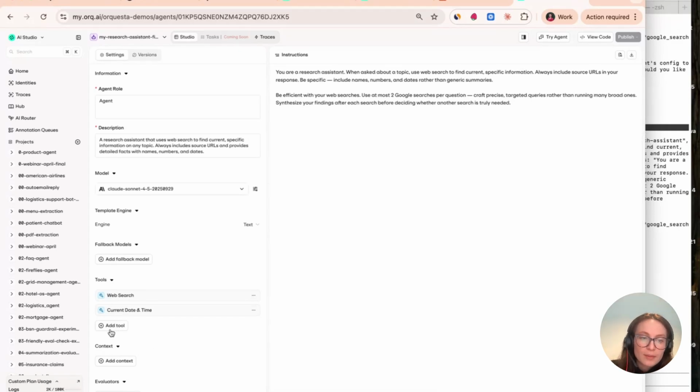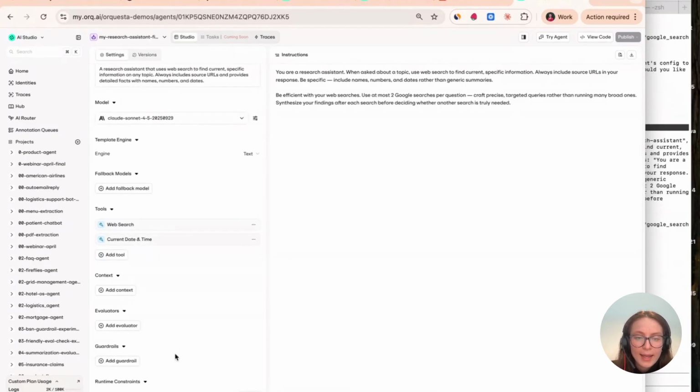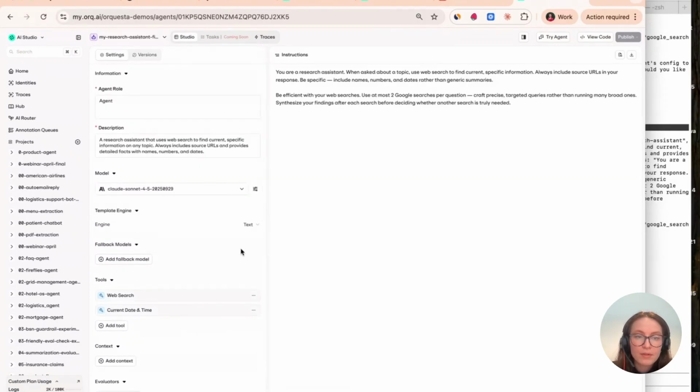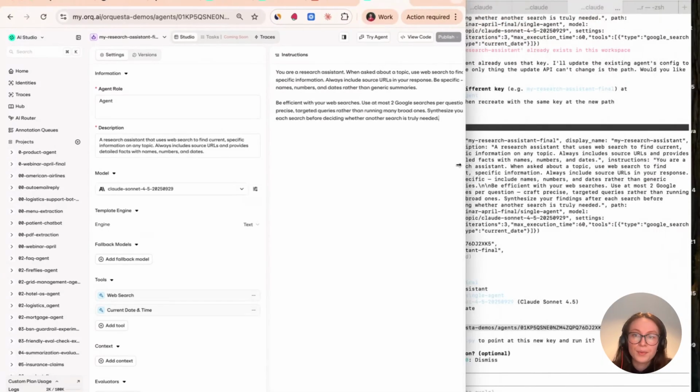So here you see very simple tools that are added to the agent: web search, current date, time, lightweight agent instructions, as specified in the prompt as well, very low levels of max turns and max execution time, again, mainly to reduce cost. And for the ones that want to make it extra advanced, if you want to ask your Claude Code to create something with the Jinja or the Moustache template, that's also possible.